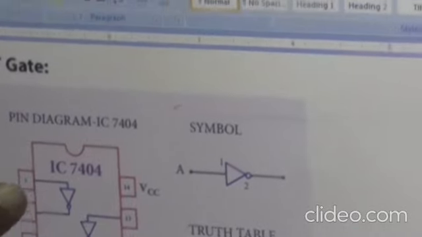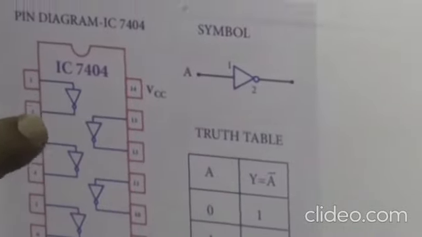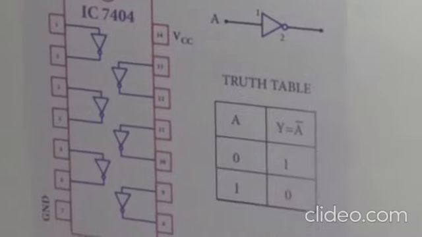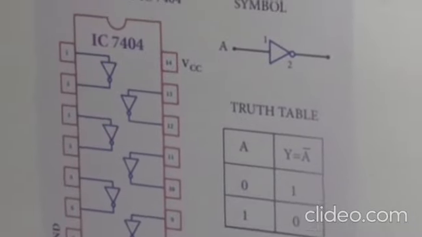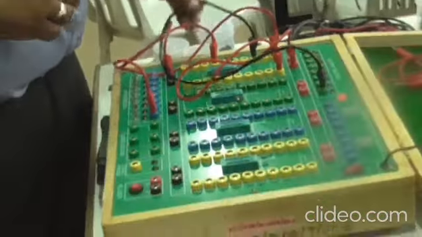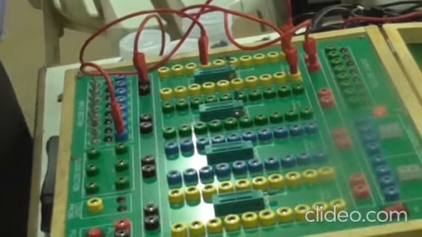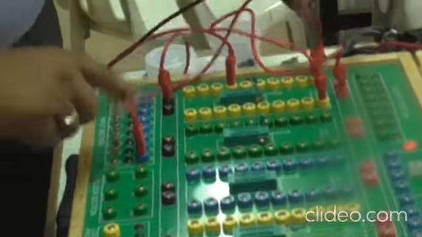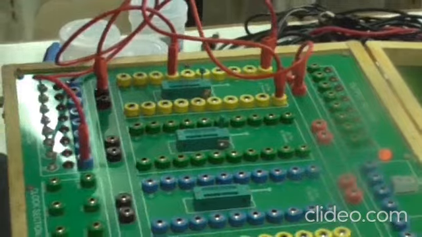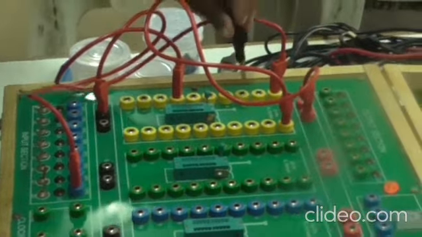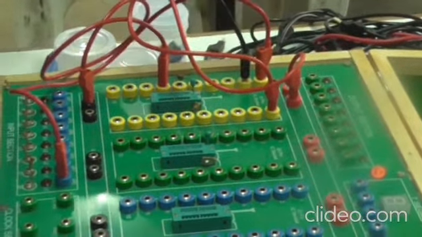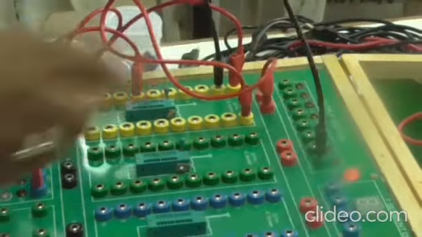7404. Now 1 is connected as input, 2 is for output, 3 is for input, 4 is for output. Now we will check how exactly it works. All these things are clear. We are removing this second pin for the purpose of simplicity, and we just connect the 3rd pin here. Now listen. Here pin 1 is for input, and pin 2 is output. That's why we connect the second pin to the output.